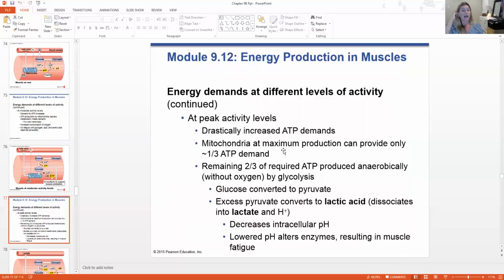So at peak activity levels, now we have huge ATP demands. Mitochondria are maximally producing ATP as best we can, but it's only meeting about a third of the ATP demand. So the majority of the ATP demand at a high level of activity is coming from glycolysis, which is anaerobic. What's happening with the anaerobic metabolism is all this pyruvate is building up. It's kind of like a traffic jam. It can't enter the citric acid cycle because there's not enough oxygen there. So all this pyruvate builds up and it gets transferred,